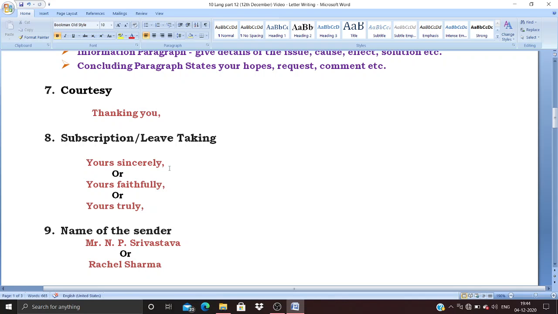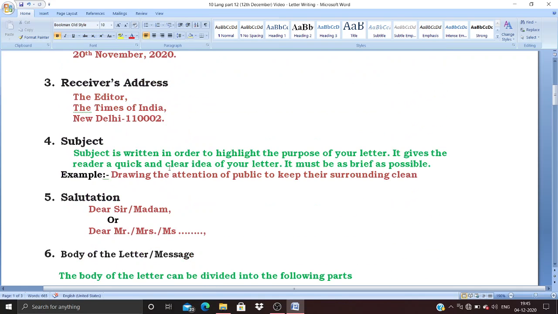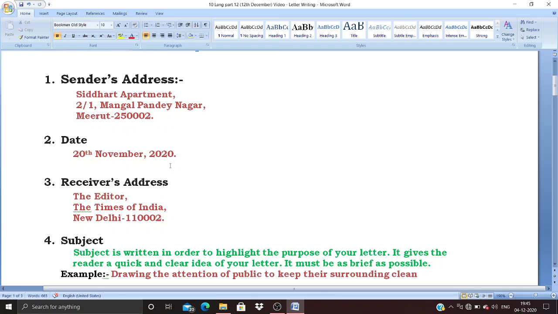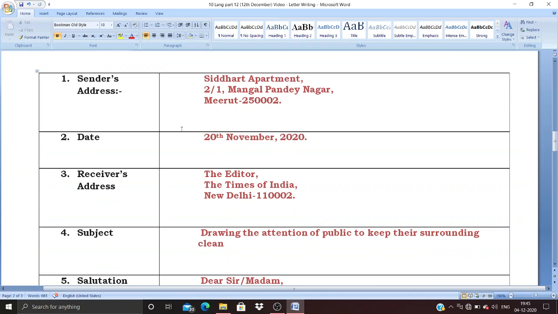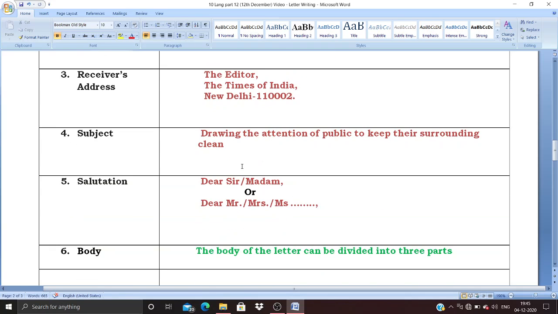Or you are a student, you are writing to the editor, you just write your name. Here it is given Rachel Sharma, you can say Rahul Agarwal, whatever. Is that clear? Good. If it's not clear, obviously browse through again, go back and see again. This I have put in the format. So sender's address this way, date this way, receiver's address this way, subject this way,